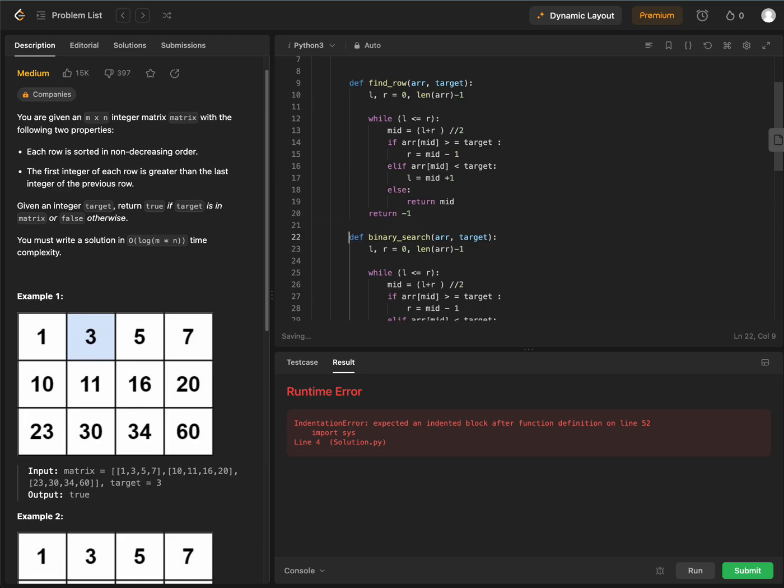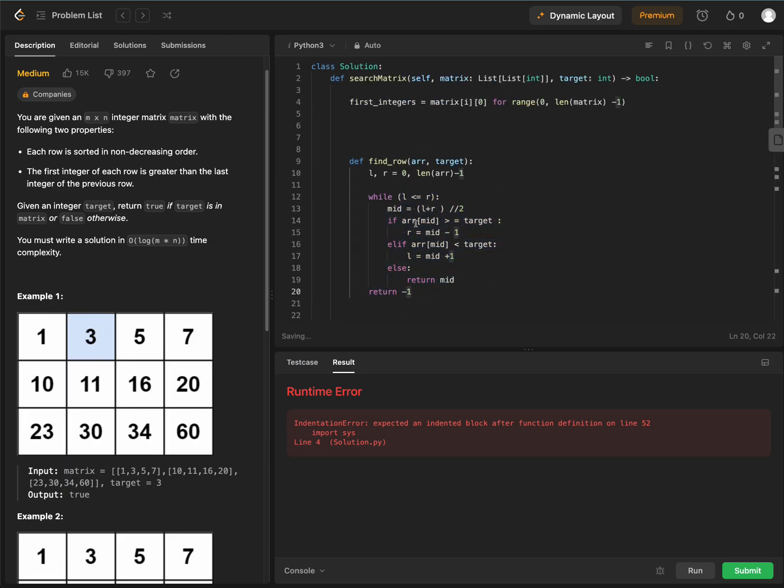We have this, and then we want to fix this. While left is less than r, mid is left plus r divided by 2. We have this, and then right is mid minus 1, left is array of mid smaller than or equal to target. We want to return this, return mid, and essentially